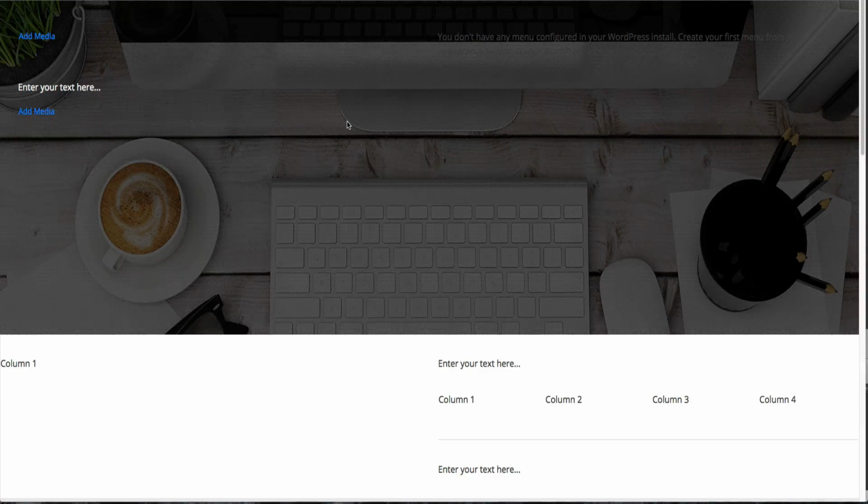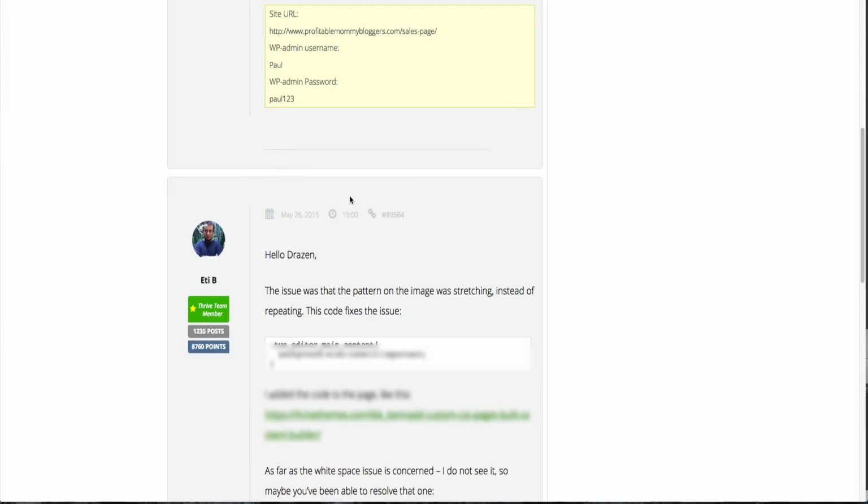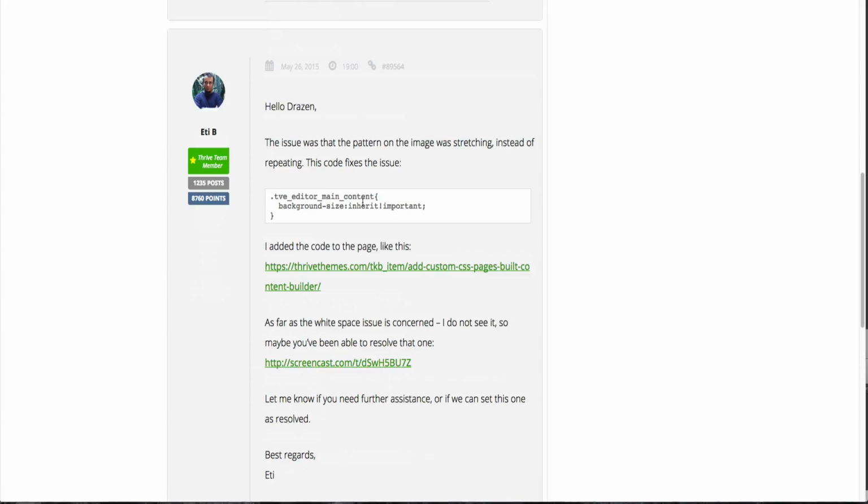Okay, this actually looks good, but apparently the Thrive Content Builder is making the image larger for some reason, and it is distorting it. So I asked Thrive Content Builder support for help, and they helped me and told me to